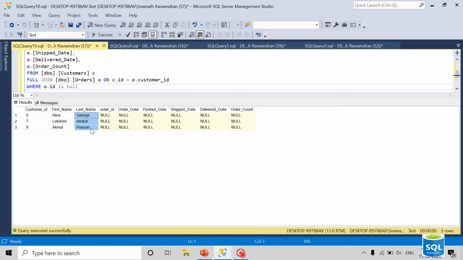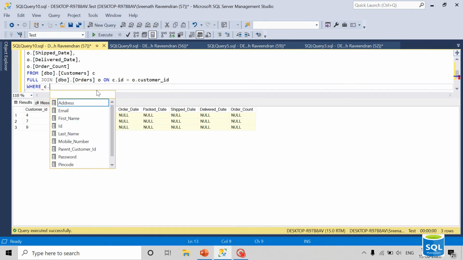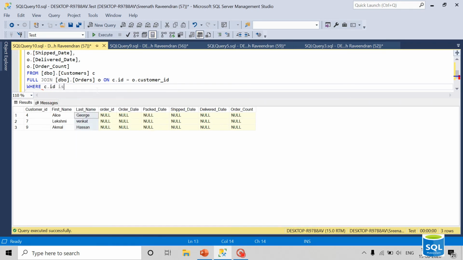Now if I want to see whether there are orders placed that are invalid data, and I want to see if there is any order without any customer, I can write c.id is null.